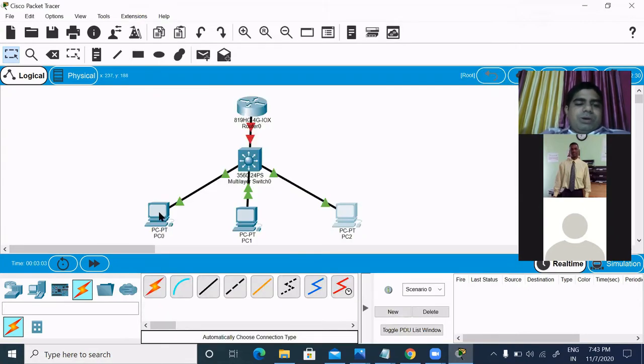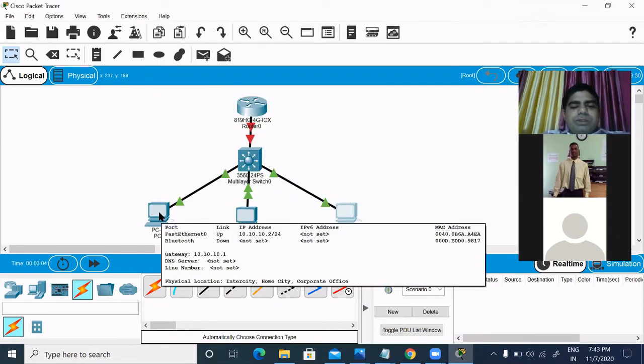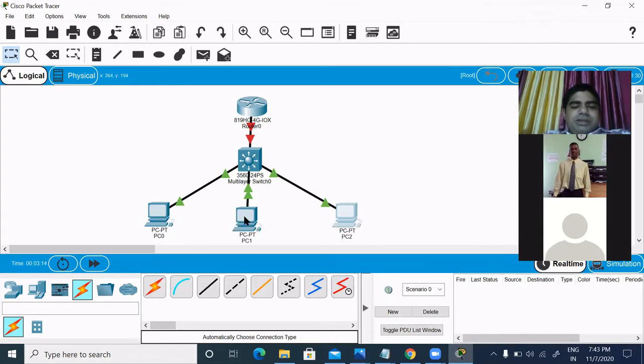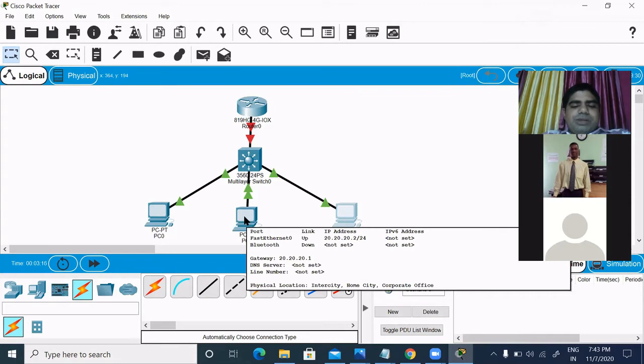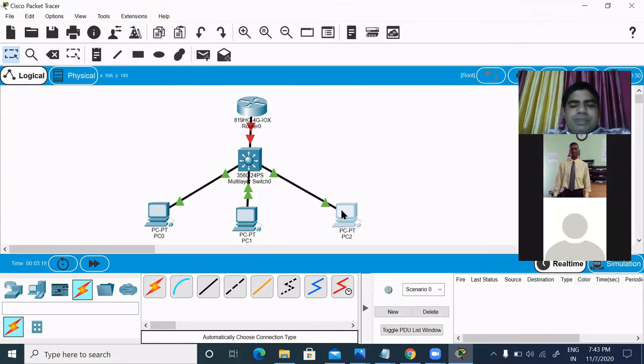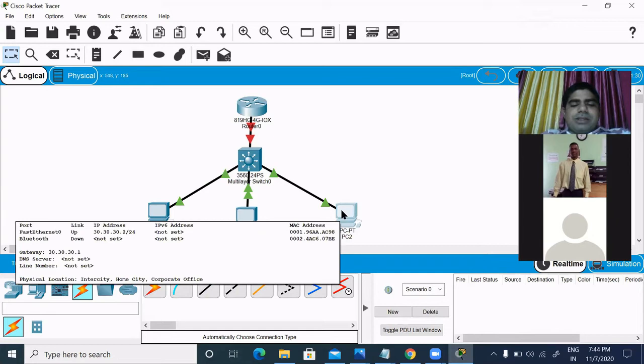If you hover your mouse over the PC, it will show the assigned IP, so you can check whether you have done it correctly. We have assigned 10.10.10.2 on this PC, 20.20.20.2 on this PC, and 30.30.30.2 on this PC.